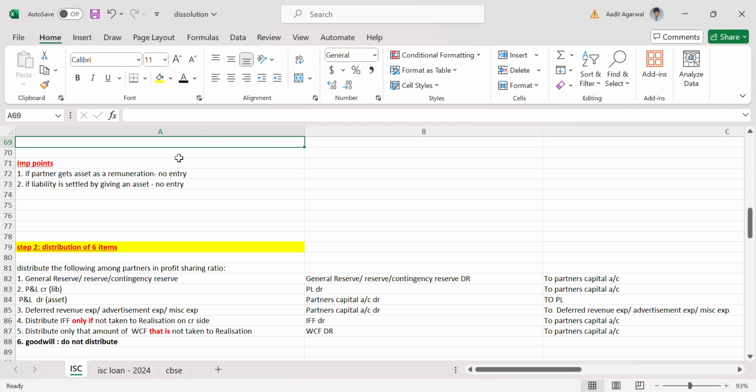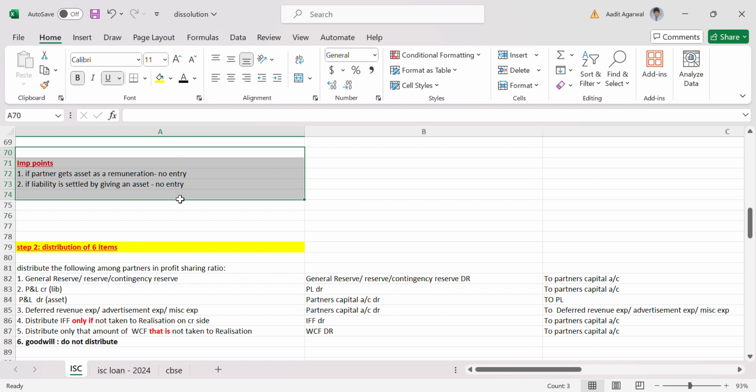Continuing with our dissolution chapter, part 2. In part 1, we learned how to prepare the realization account. While preparing the realization account, there are some things that you have to keep in mind. The two important things to be kept in mind while preparing the realization account, which was covered in part 1, were